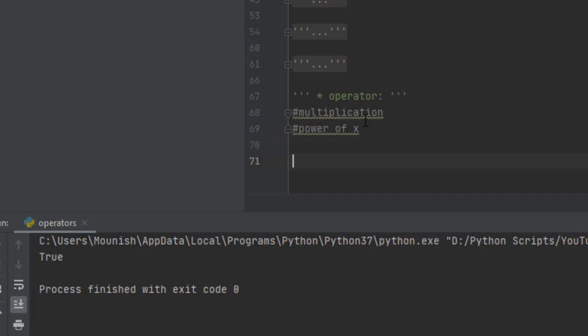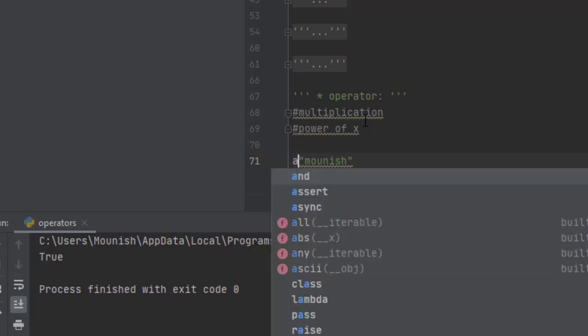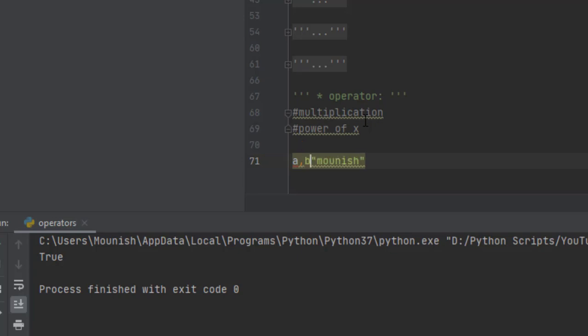Do you know that it is used for many other purposes? For example, I'll take a name. I'll take my name itself, and I want to split this name into separate variables. I want to save m in a separate variable. I want to save o in a separate variable. I want to save UNI, these three letters, in a separate variable. So how is that possible now? You have seen till now x star y. You have seen only a star given between the variables. Suppose you give it before the variable.